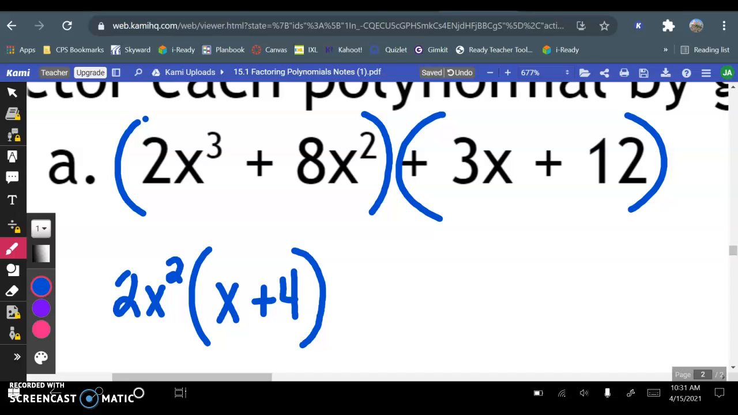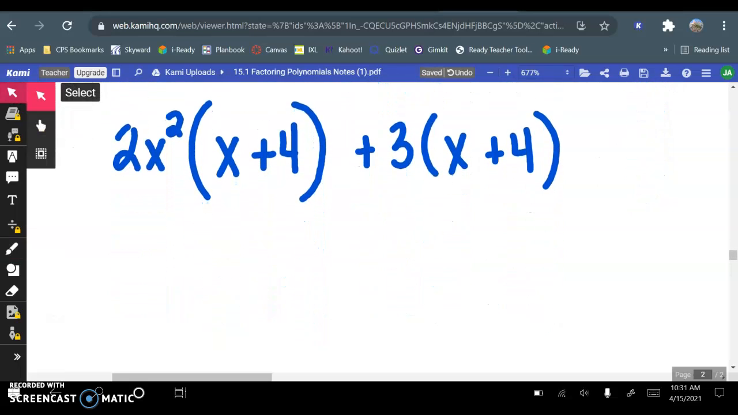Then we do the same thing, but with the second set. So 3x plus 12. Well, 3 and 12 have a 3 in common. And 3x has an x, but 12 doesn't, so there's no variables in common. And 3 divided by 3 is 1, so just that x is left. And then 12 divided by 3 is 4. So